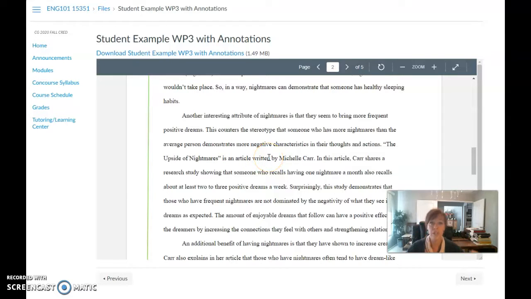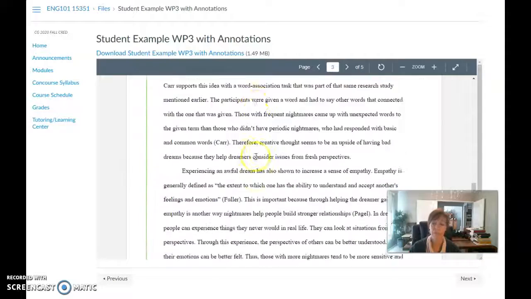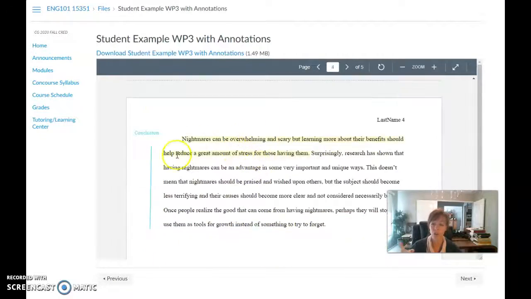You use your research to support your points. You don't bring in personal experience, anything like that. It's all about the research, and it's written in third person. So I'll read over that, and I've got the conclusion down here, a repeat of her thesis. So look over that. It's a good example of exactly what you're doing.